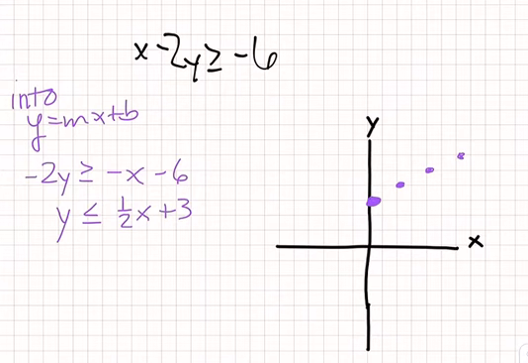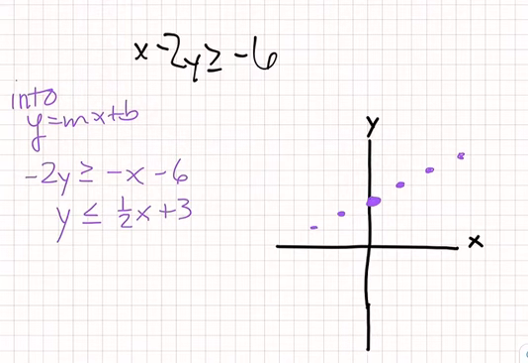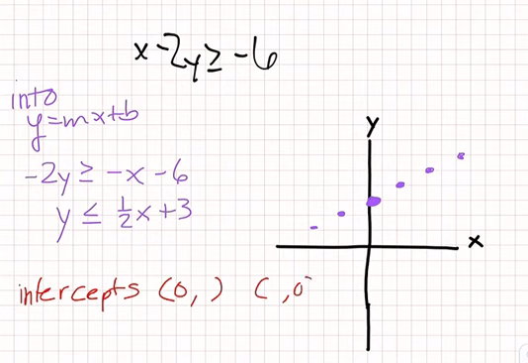Or I could go the other way. The other way to graph some of these is to look for the intercepts. So that would be if I let x be a 0, what is y? Okay, so if that was a 0, so I know it makes it true, or divide by negative 2 and get a 3. So my y-intercept is at 3,